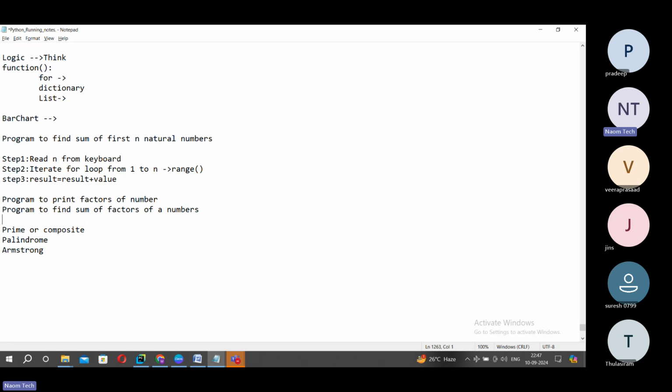Now our job to create prime or composite is simple. What is a prime number? A prime number has just two factors: one and itself. So once you know how to find factors, it's easy to check if a number is prime or composite. A prime has exactly two factors. If the sum of factors of any number is just two,